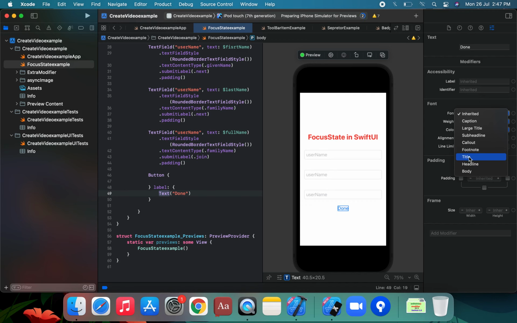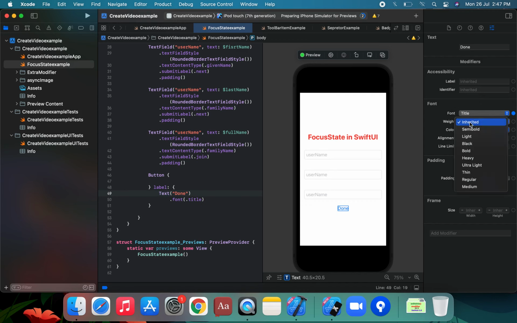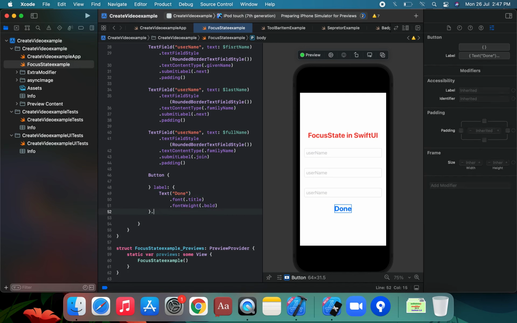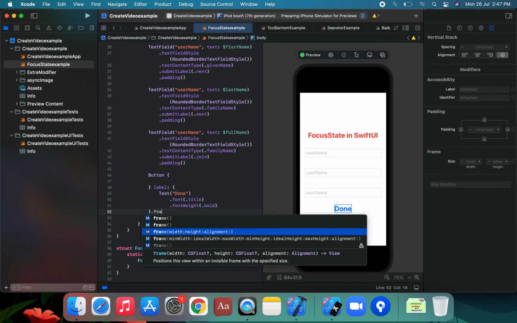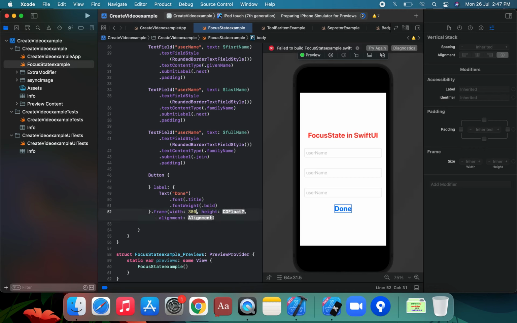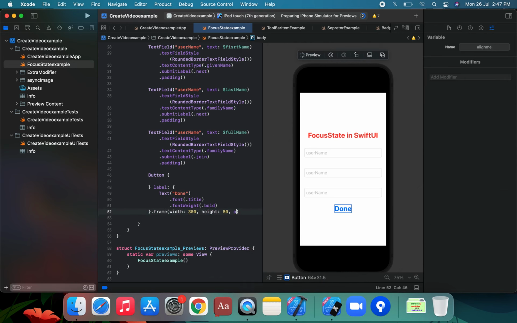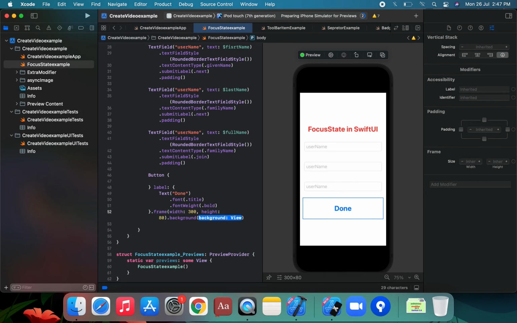This is the title. We're going to apply on this dot bold with weight, and we're going to apply on this dot frame, 300 width and 680 height. Remove the dot alignment in this, remove this button, and we're going to apply dot background color,